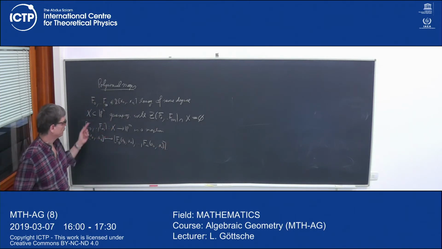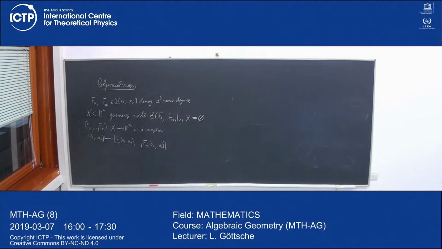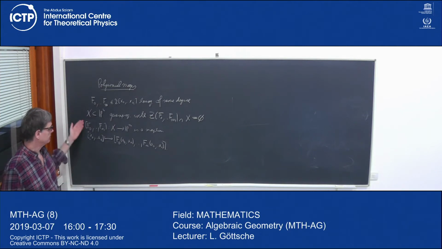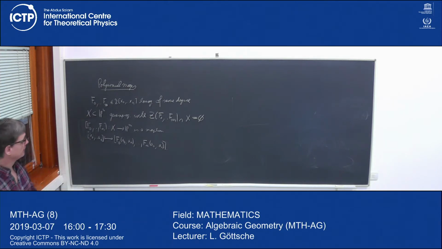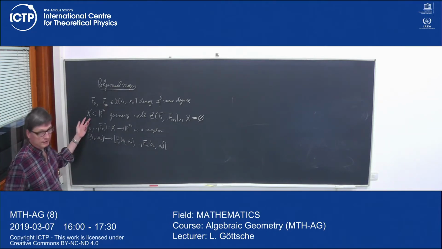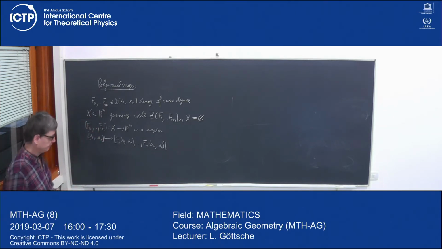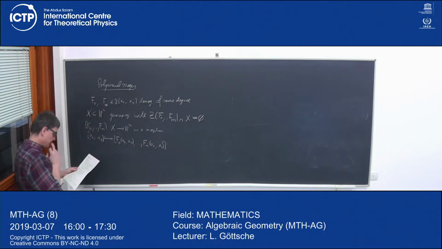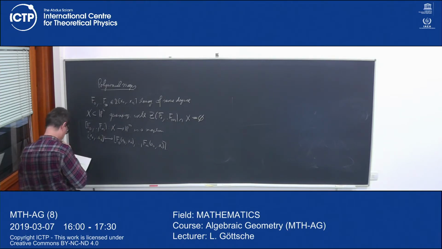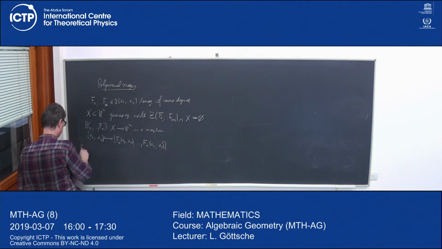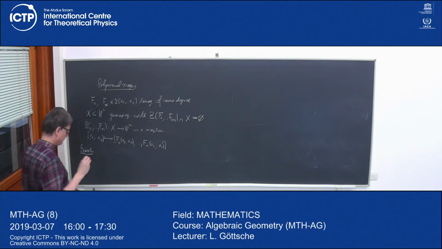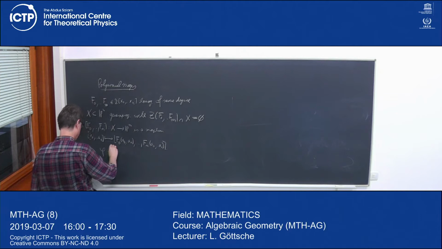The general definition of a morphism from a projective variety to projective space or another projective variety is more general. This is a special case which is particularly simple. Let's just look at a couple of examples. For instance, take the map phi from P1 to Pn,